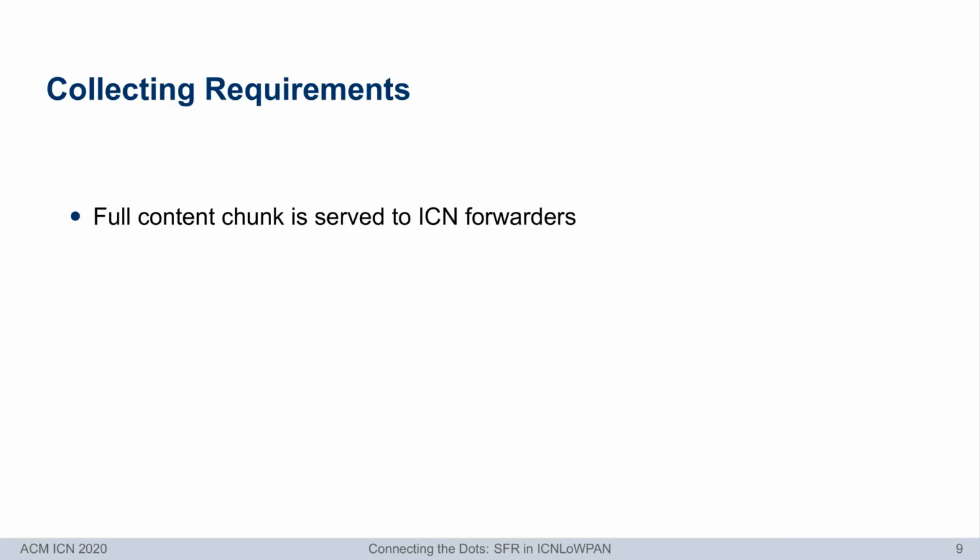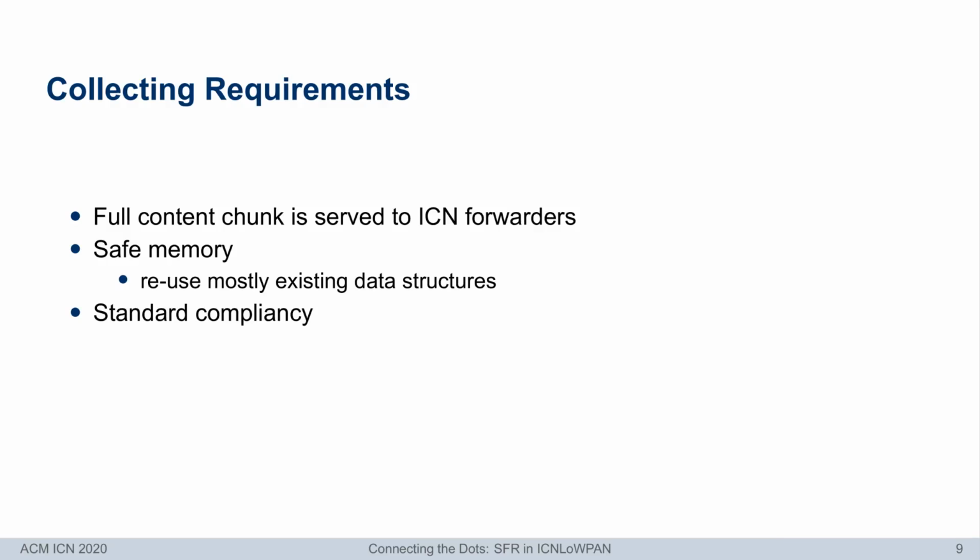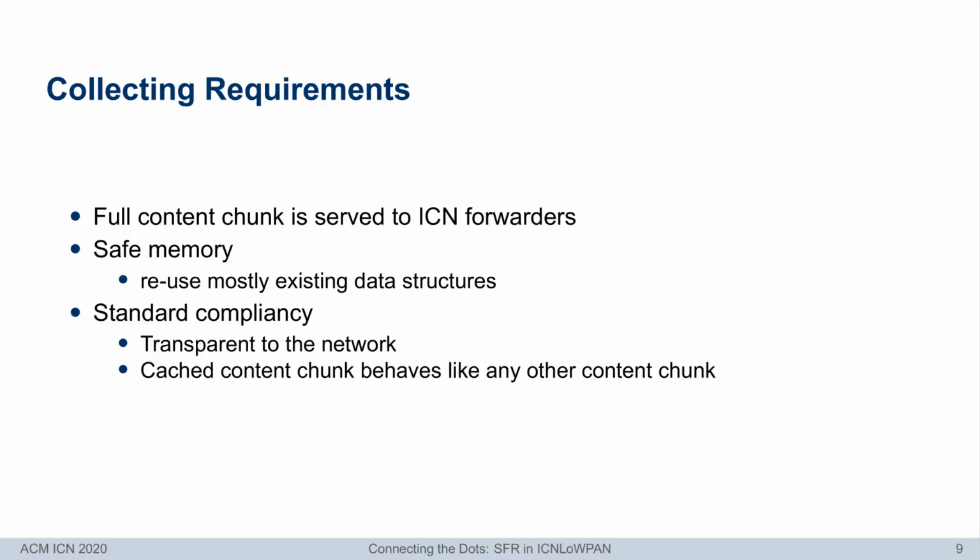When we look at the requirements for that, we of course want to fulfill the two identified advantages first. So we want to make the full content chunk available to an ICN forwarder, even if fragment forwarding is used, and be as frugal with memory as direct fragment forwarding is. As such, our implementation should mostly reuse existing data structures and only slightly extend them. Additionally, it should be compliant with the given standards, meaning that our proposal should be transparent to the network. The cached fragmented content chunk should behave like any other content chunk, but should be unable to poison the network